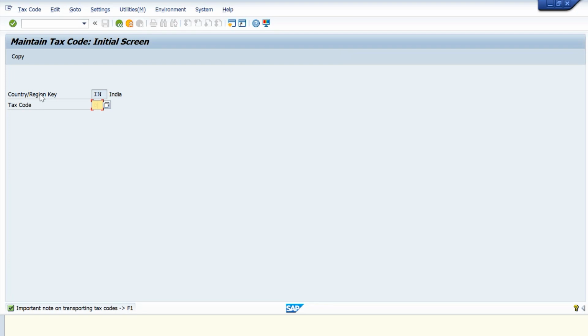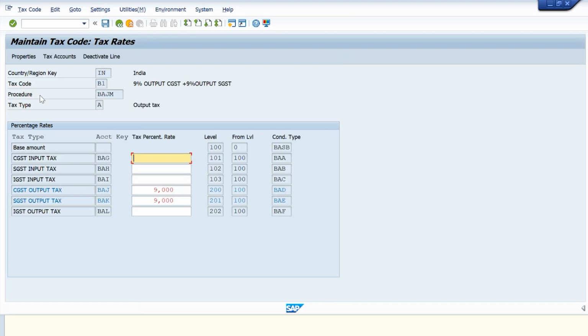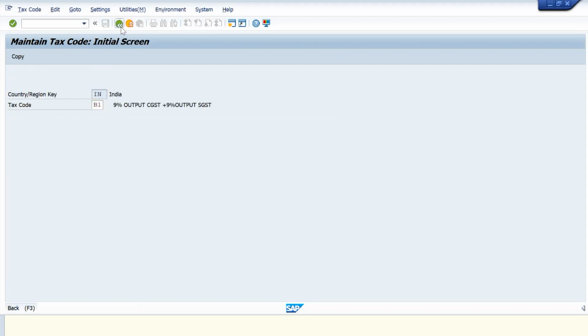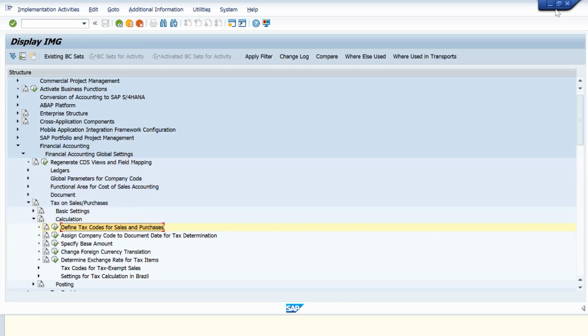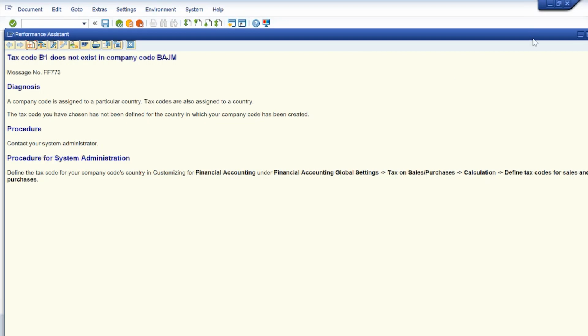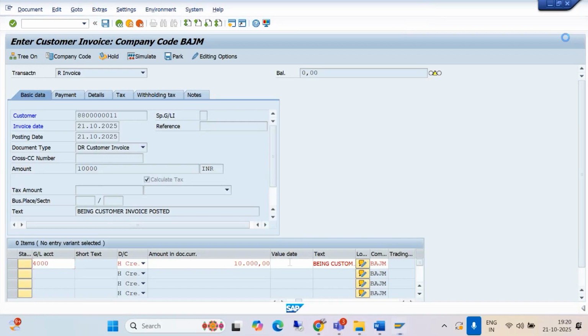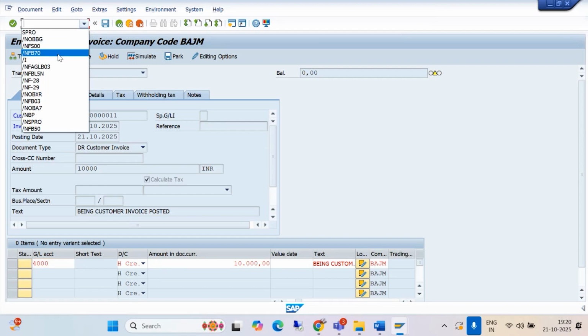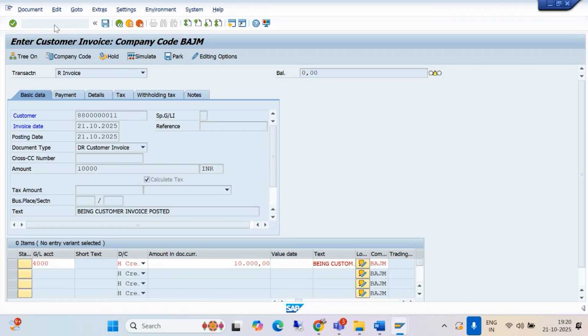So if you see here, I want to give the B1, just press enter. We have been given B1, right? It's not taking this. I will let you know. I want to close this. Why? Because in between we have changed the tax procedure, no? So that's the thing. So you have to go with a fresh screen, FB70, just press enter and again,